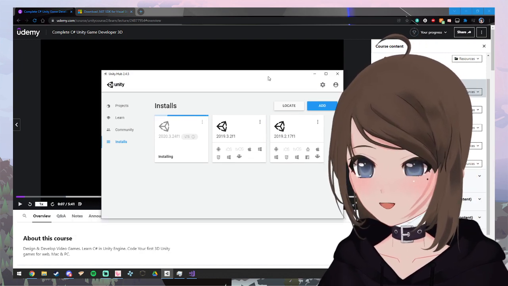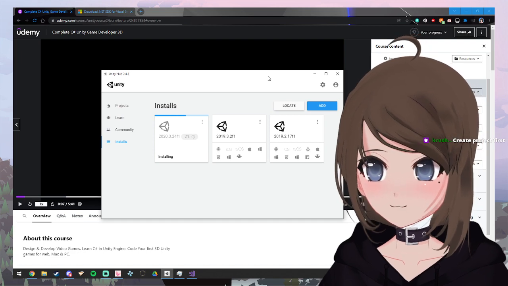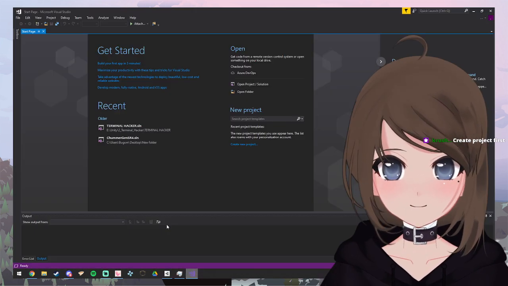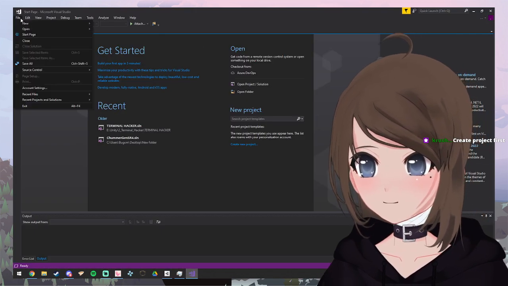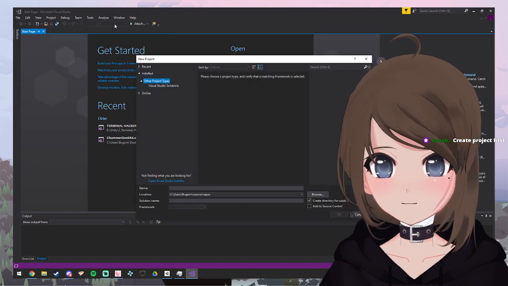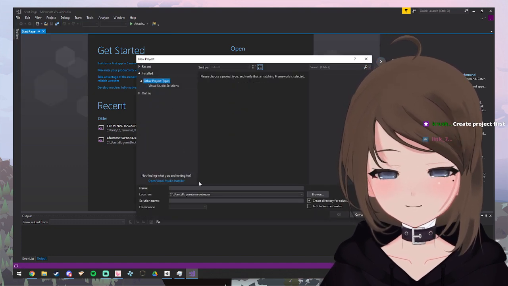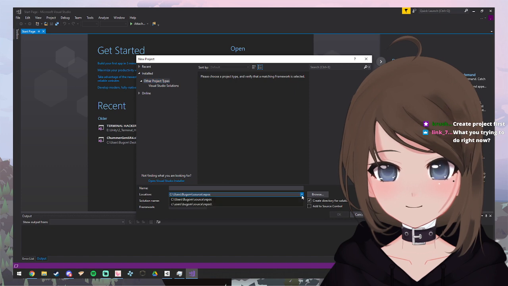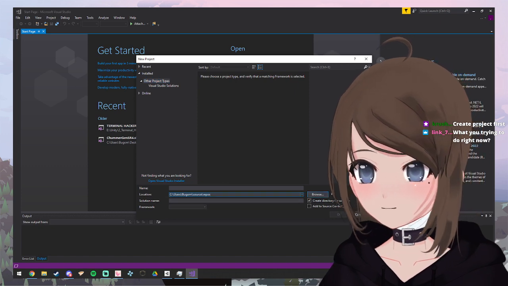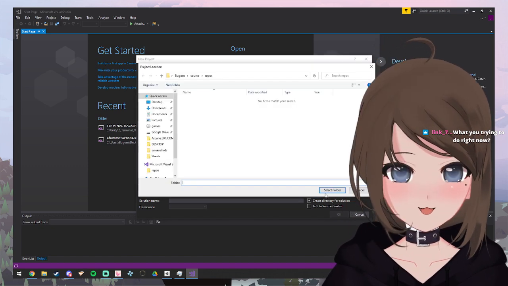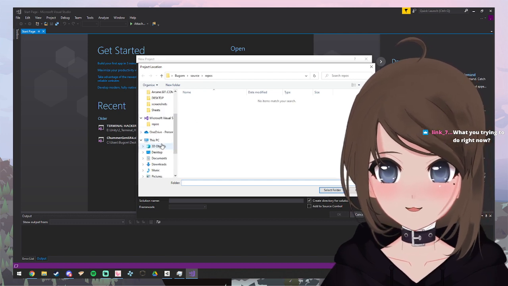I guess I'm supposed to use Unity to run the code I'm writing. Create project fast. I don't know what I'm trying to do. I'm just poking around until something works.